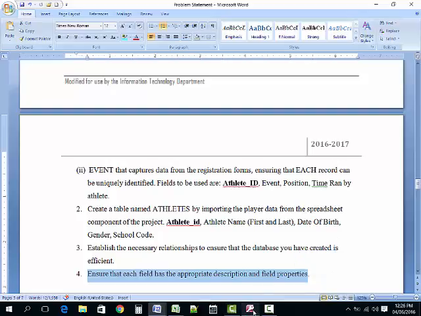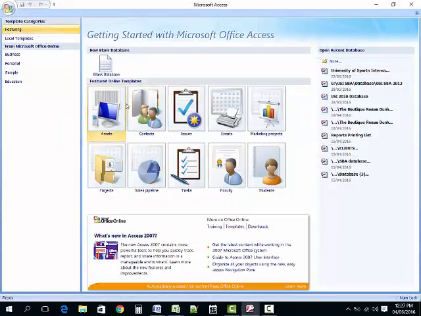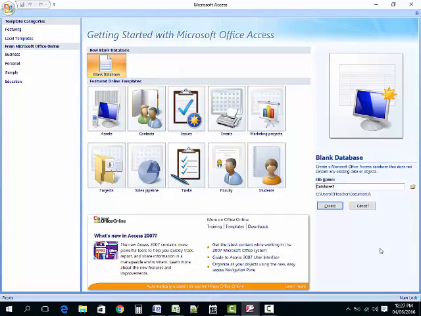Now here we want to go to our database software. We want to open a new database, and for this purpose we're going to be using a brand new database, considering that we had done one before. So here I'm going to select blank database. You will notice that a file name starting with database will appear here. However, we don't want our database to be called database 2. We want to give it our own name, and we want to say USI